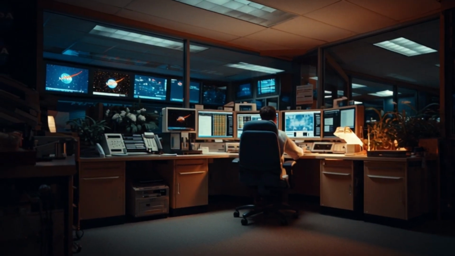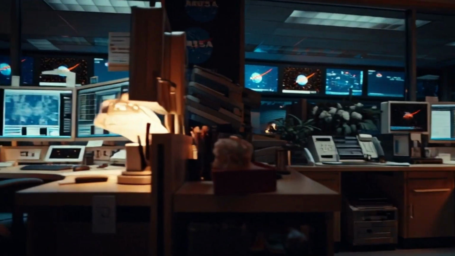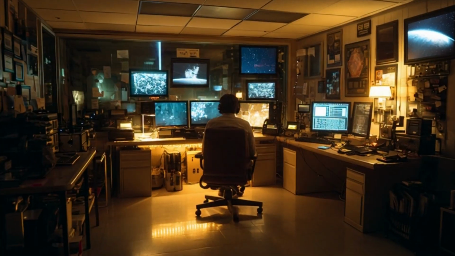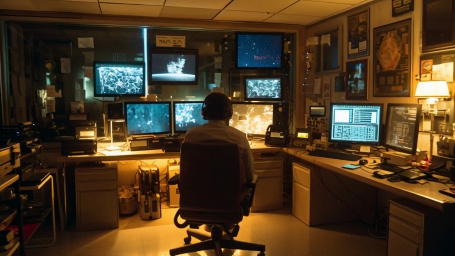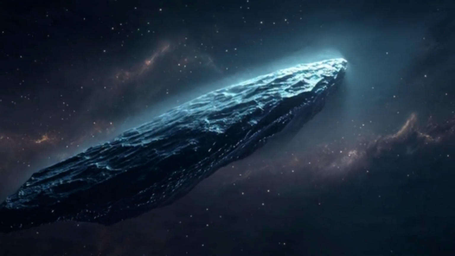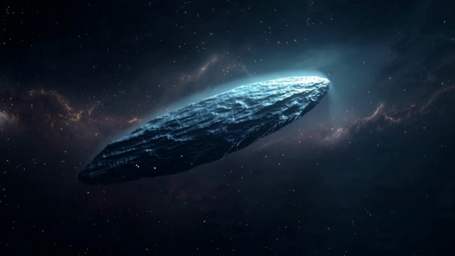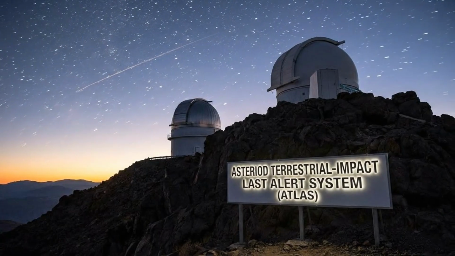I've been staring at this data for what feels like a lifetime, but in reality, it's only been a few months since the initial alarm bells went off. My desk is a graveyard of printouts, each one showing a slightly different iteration of the orbital solution for 3I Atlas. The name itself, 3I Atlas, is a clinical designation, the third interstellar object we've confirmed, discovered by the Asteroid